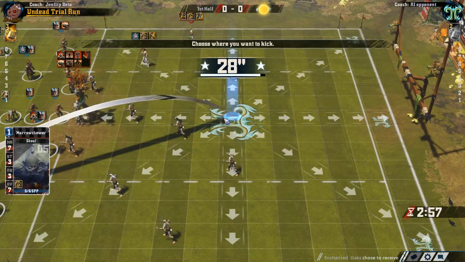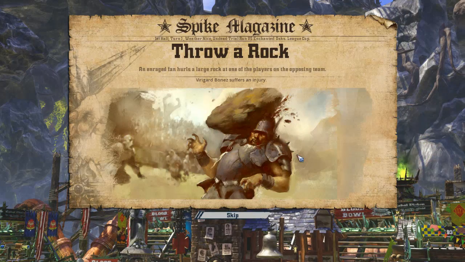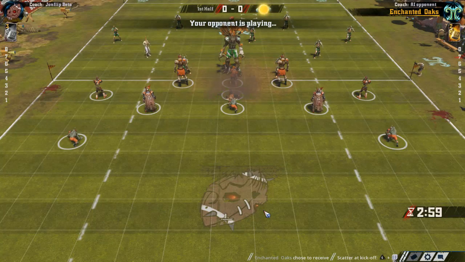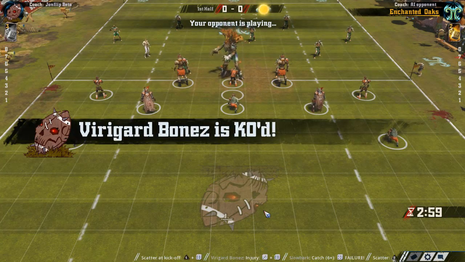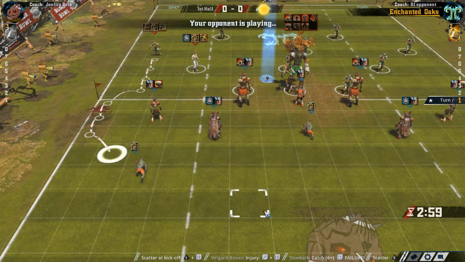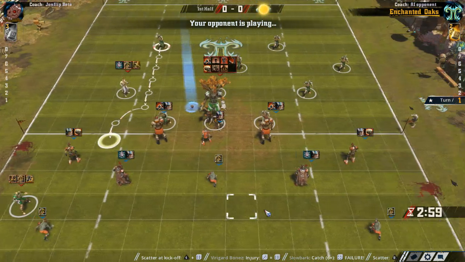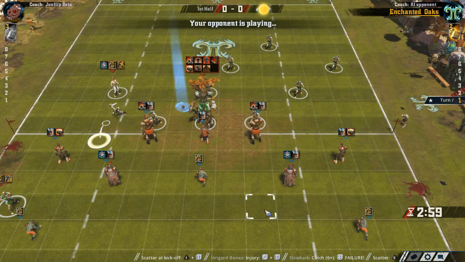And the kick. No kick skill. There's the kicking animation. And an injury on Virgard Bones. It wasn't on the line. He's knocked out. Ooh, did the tree almost catch it there? That could have been a strange start to a game. Here come the AI. Well, I'll try not to complain too much about the AI's follies,